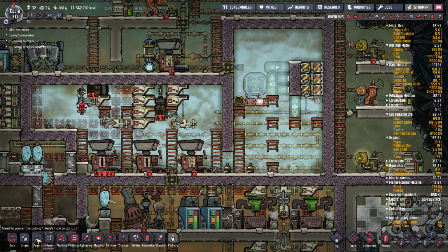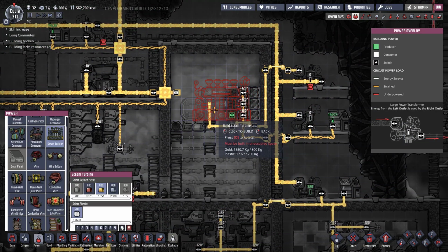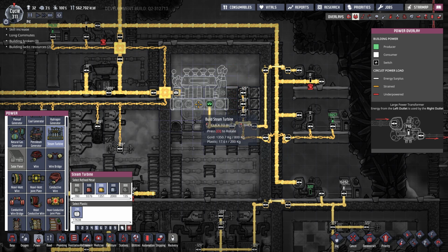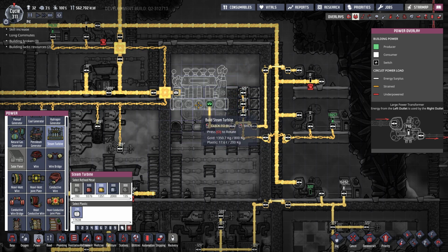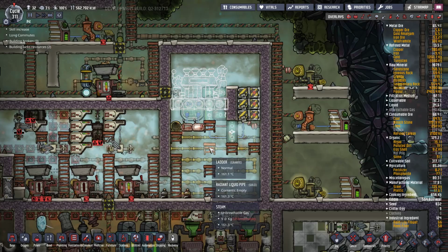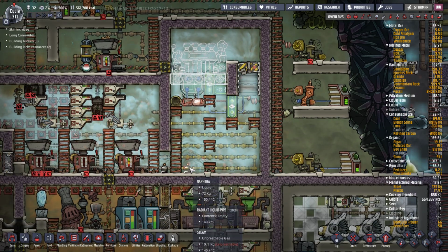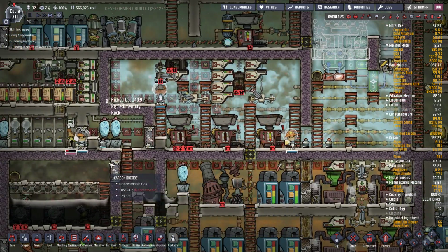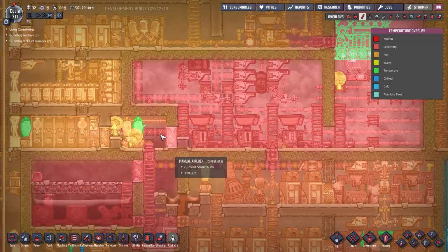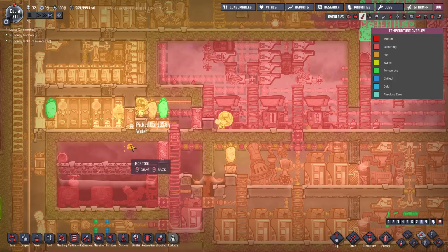So then let's get our steam turbine put in there. This should line up perfect with where it was. What is the overheat? Oh, right, this is like the insane overheat. And let's do that at priority 9. I don't know what the hell to even do with this naphtha. Oh, that second Wheezewort in there seemed to really help. It's still not great, but...